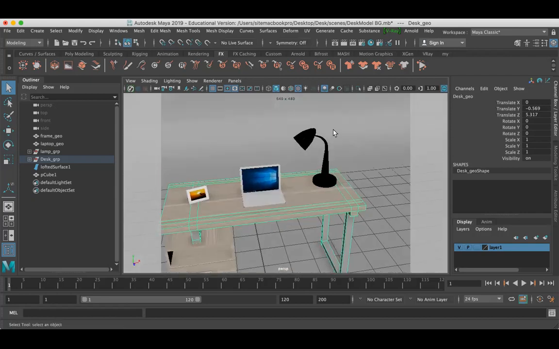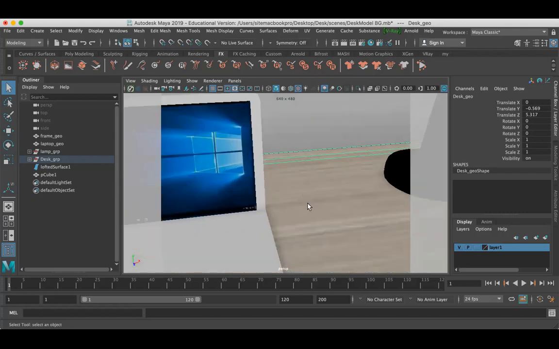Assume that a sunlight is hitting from here. The sun hits here, the light hits here on the table, and reflects. When the light reflects, the light takes the property of this material, the colored material.